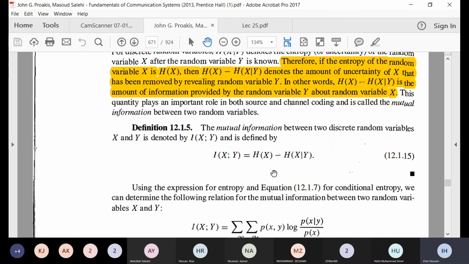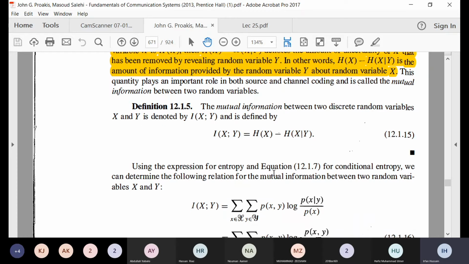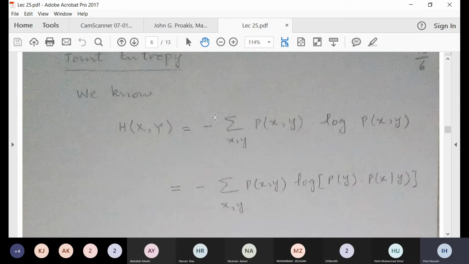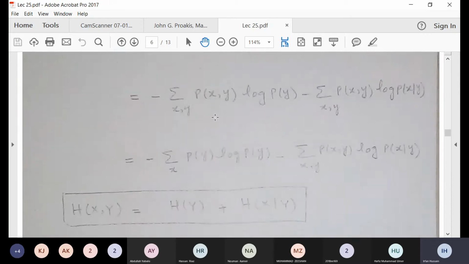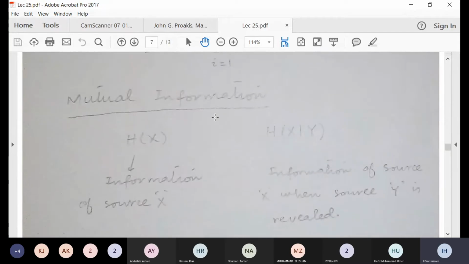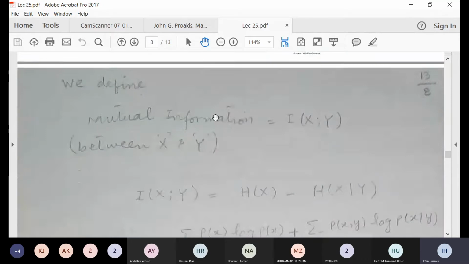It is H(x) minus H(x|y). It can also be written as H(y) minus H(y|x). Again, many times it misses the steps, so whenever it misses the mathematics, we will be going to the notes, but many things are also missing in the notes. In that case, you will be going to the